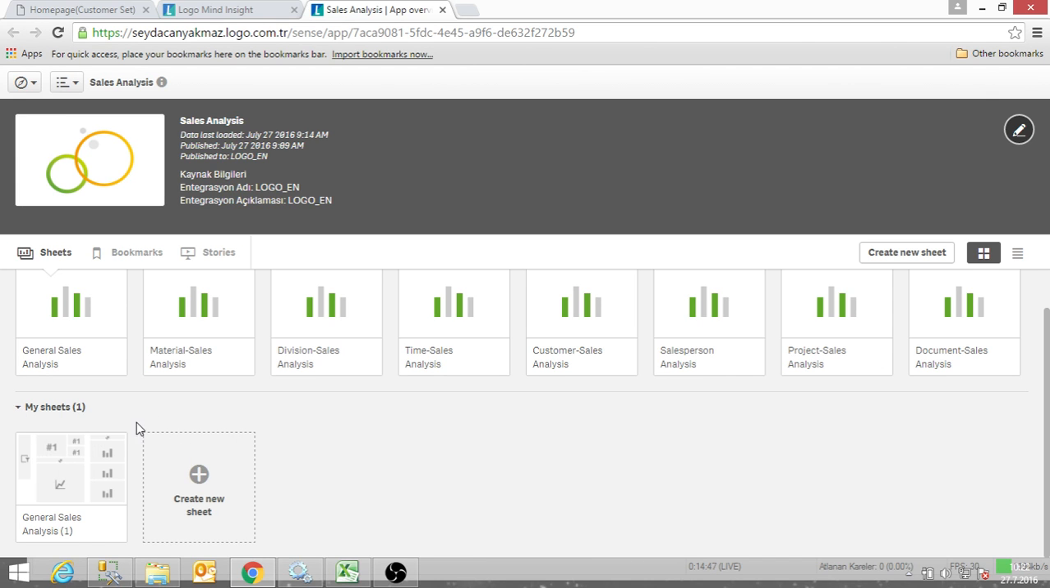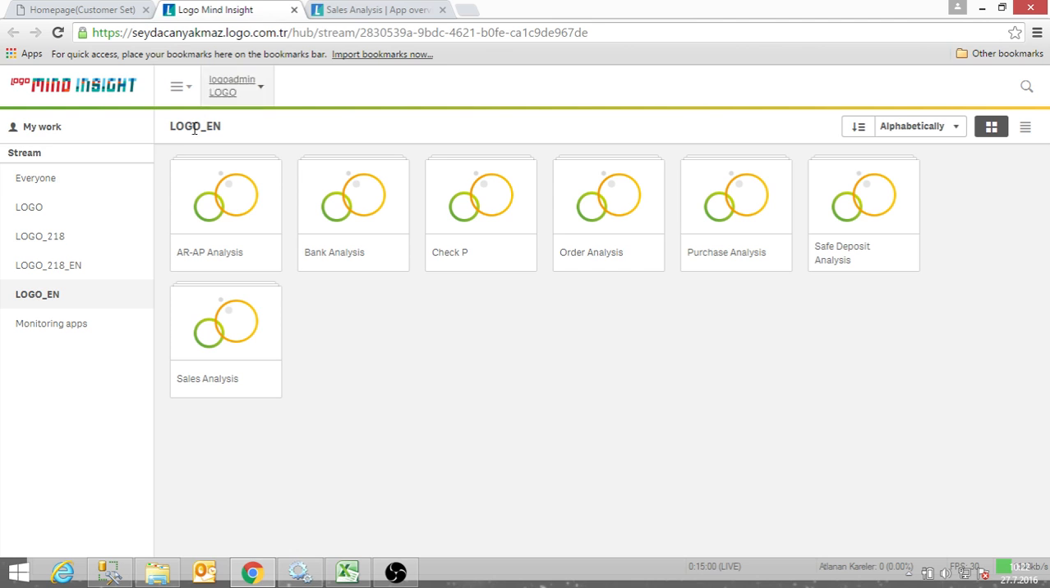And then I want to start to designing new reports with using integrations models. To do this, I will turn back to my main page. Here, it's my hub screen,